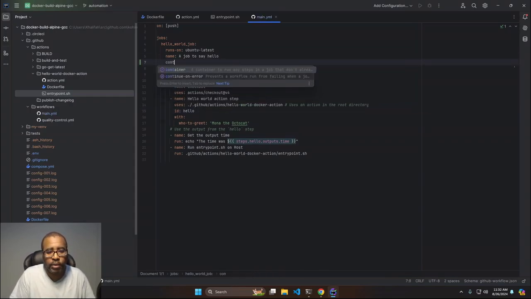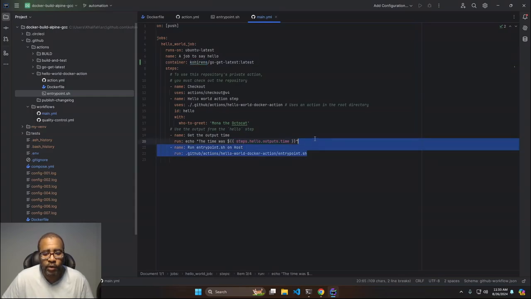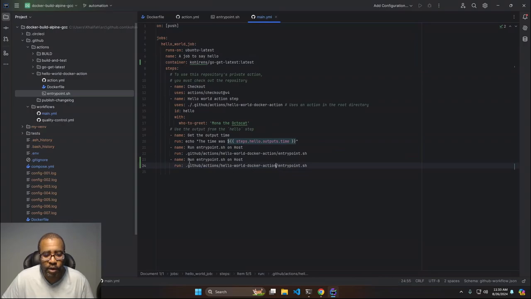Container. Coherence / go get latest. All right, so now when this runs, it should be running under this container. And we can do another step too to see if we can get